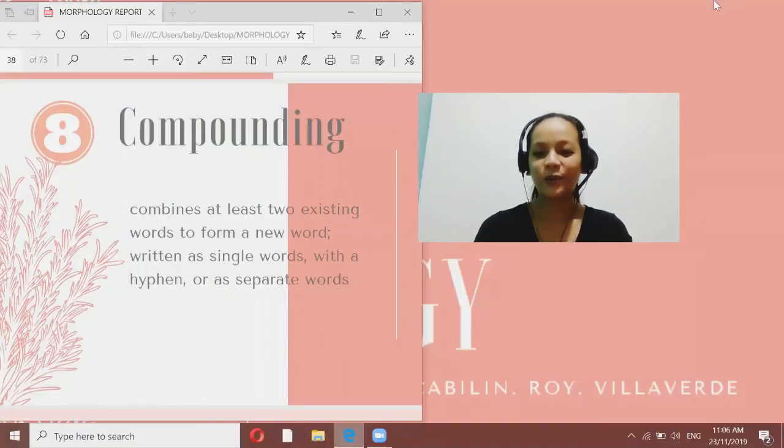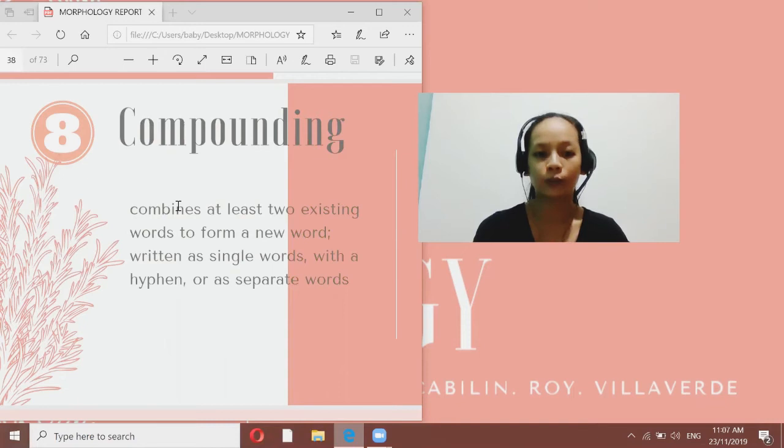Hi. So John Edmer discussed the first processes in forming new words, and I will be talking about the last one, which is compounding. Compounding is another word formation process, which is actually very common to us because we have studied this since our elementary and high school days. To define compounding, it is the combination of at least two existing words to form a new word,